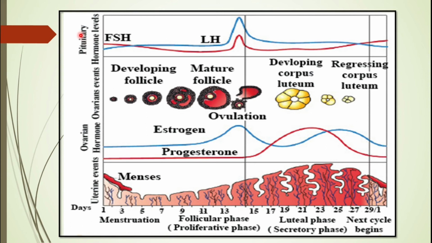The pituitary hormone is released. If you recollect, the GnRH influences the anterior pituitary to release both the FSH and the LH. The red line represents the FSH production and the blue line represents the LH production. So there is an increase in the FSH and LH, and under the influence of FSH, we find that there is